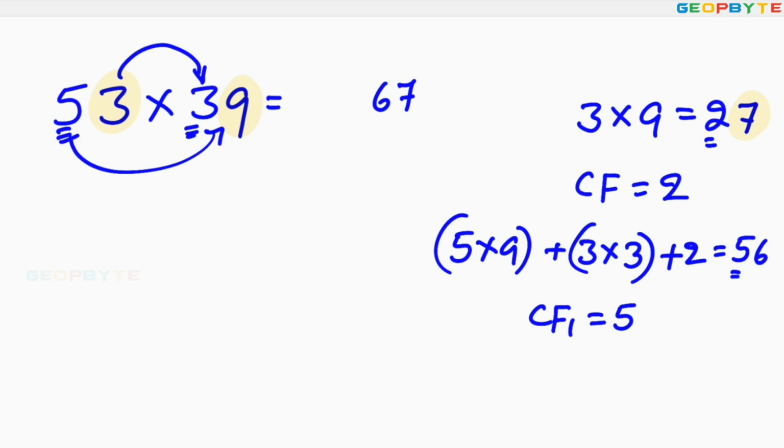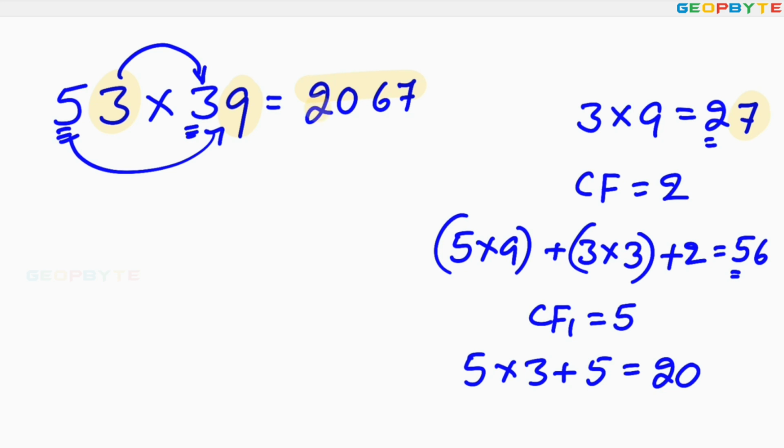Now you multiply 5 and 3. The tens place of the two numbers. 5 into 3 plus carry forward is 5. Is how much? 5 into 3, 15. 15 plus 5, 20. You put that 20 here for getting your answer. So 53 into 39 is equal to 2067. I hope you are all clearly following. So with practice, you can minimize your time. It is taking more time because I have been clearly explaining.